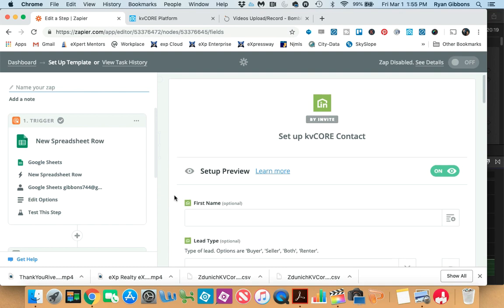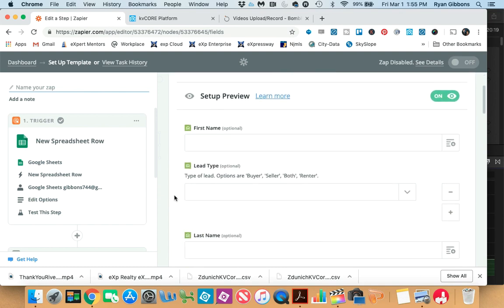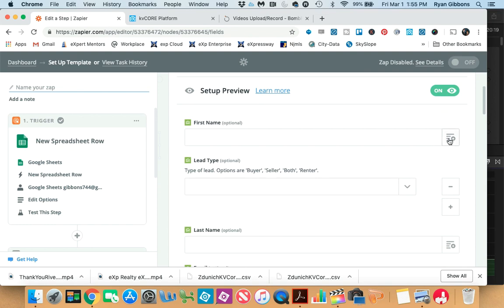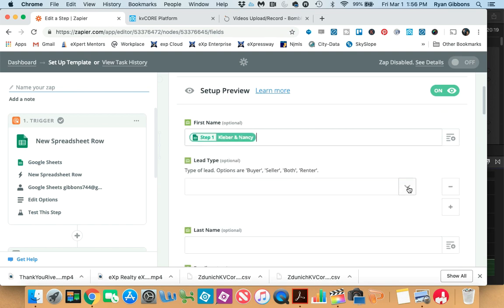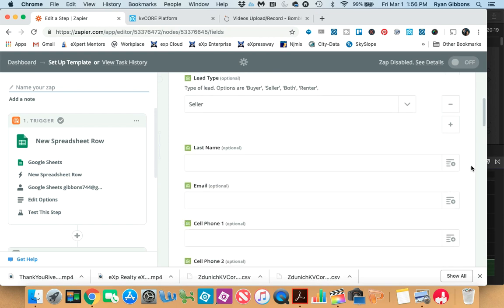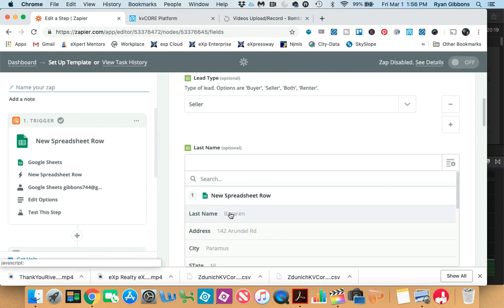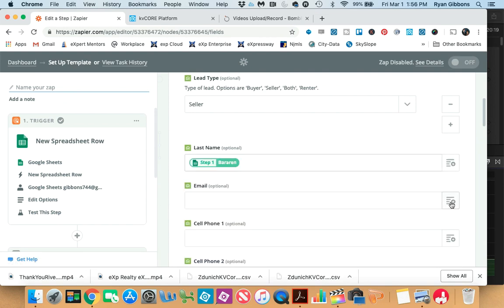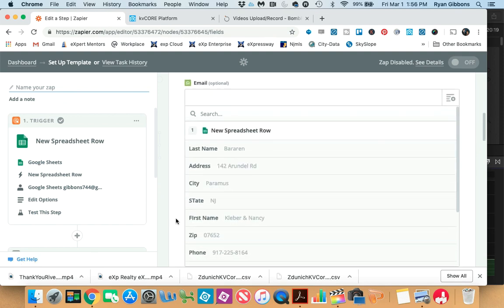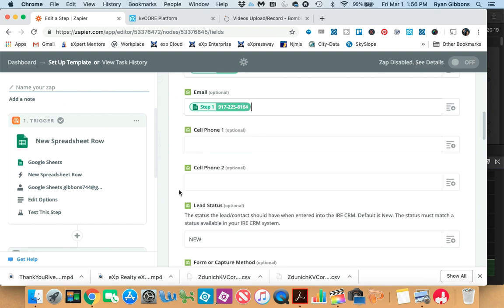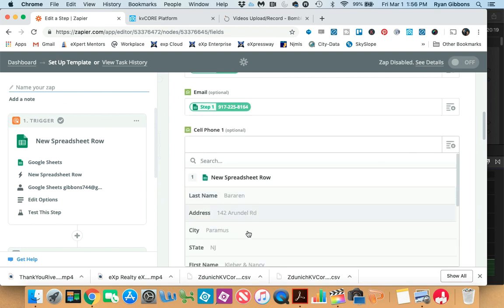Now we need to tell KVCore what information we want to pull from that Google Sheet. We use this drop down right here, and they're asking for first name, so we're going to click first name. Lead type. This is a FSBO list, so I'm going to hit seller. You pick whatever's appropriate for you. Last name. Email address. I actually don't have emails in this particular list, so I'm just going to use the phone number, cell number,